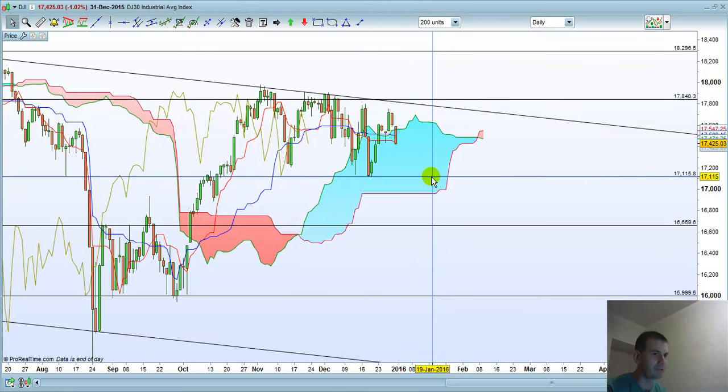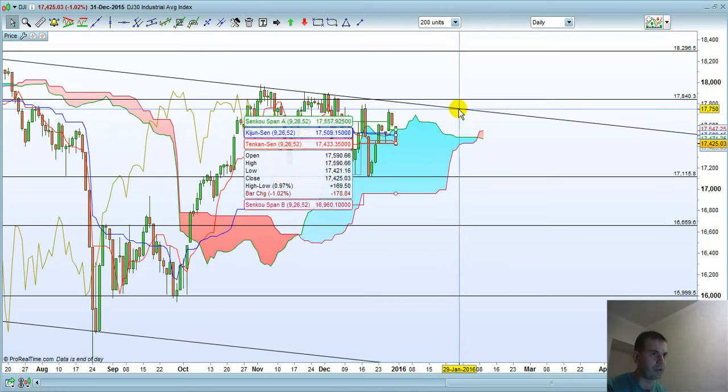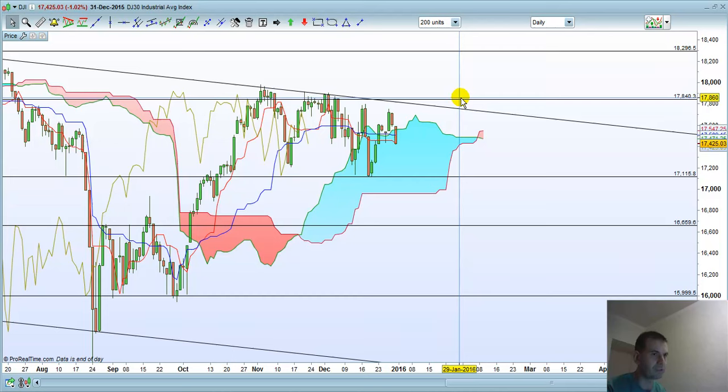I think if it is support level, so we can wait, then the price breaks it down. If it reaches the upper border of the channel or resistance level, so we can wait then while price breaks them upward. But now I think the price stays in sideways movement.